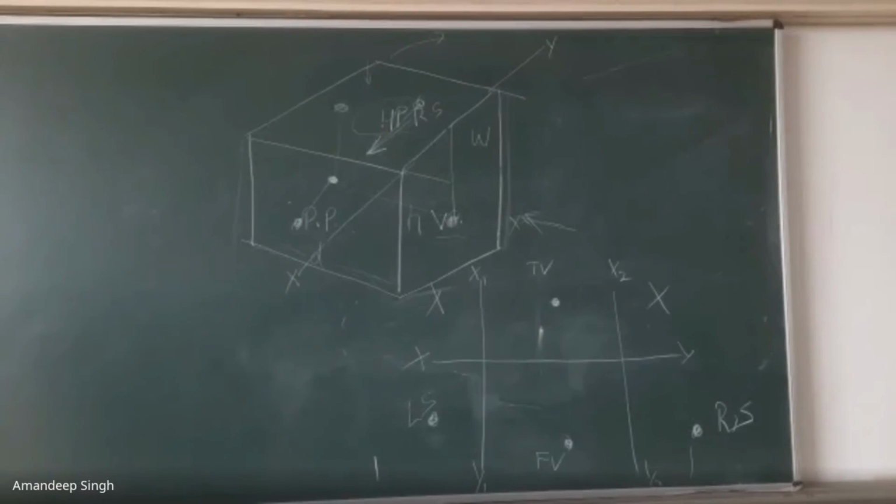For third angle projections, the front view is below the reference line, the top view is above the reference line, the left side of the object is below the reference line because its front view is also below, to the left of the front view, and the right side projection of the object is to the right side of the front view and below the reference line, because its front view is also below the reference line.